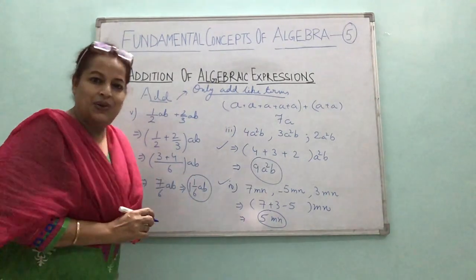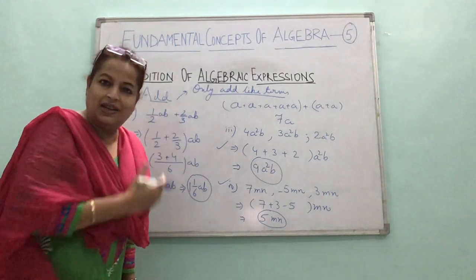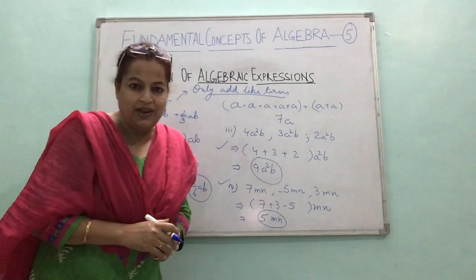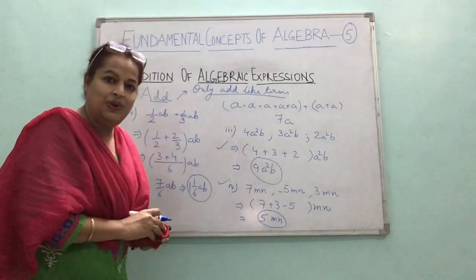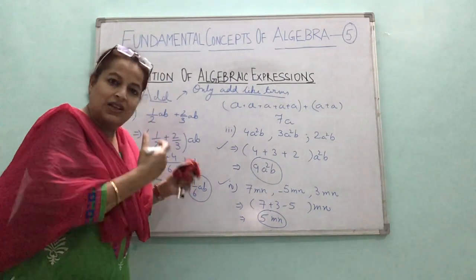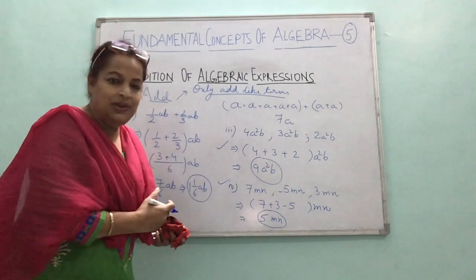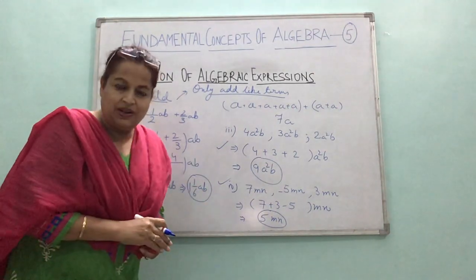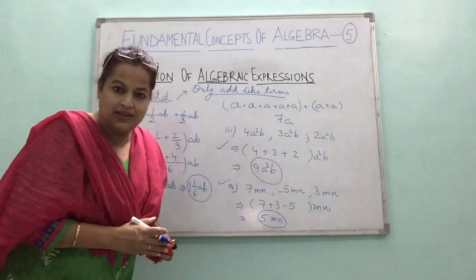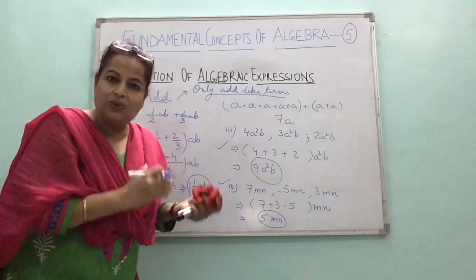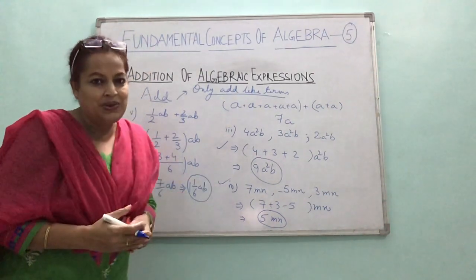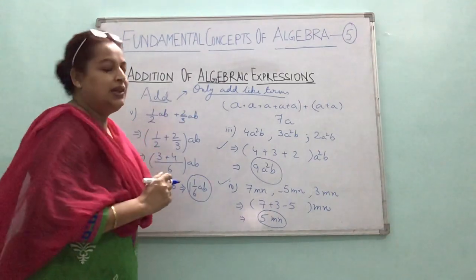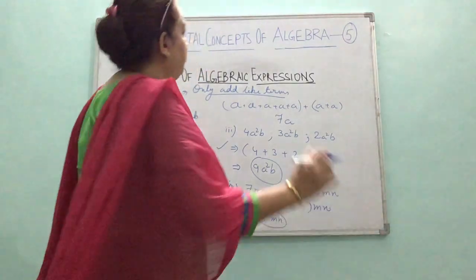Right? So you can see this again and again till this concept of addition of like terms is clear to you. You should see this part again. So I've taken up all the various examples and all the examples should be clear to you before you start with the exercise. Now I don't want children just to copy it from here. You should try it on your own. Now this is exercise number 12E.